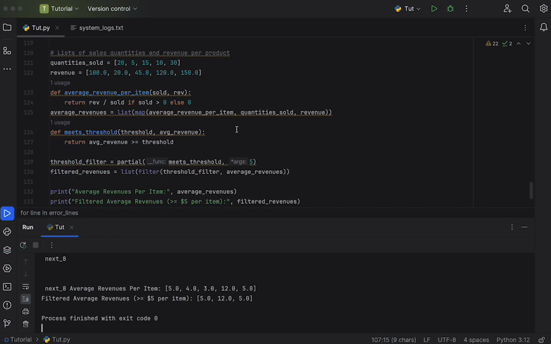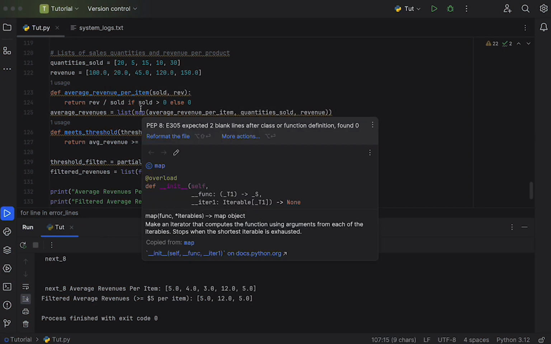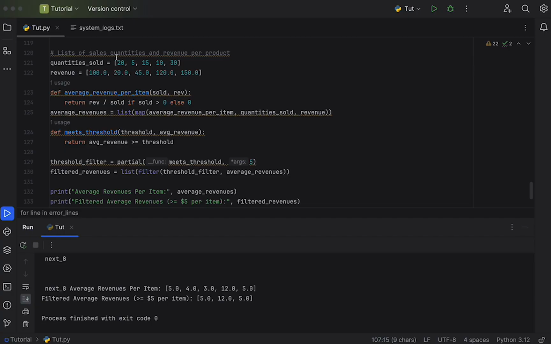And for the final point, we are dealing with different functions. So we have a list of sale quantities and revenue per product, and we want to see if they meet the threshold and that kind of stuff. We have the quantity sold and we have the revenue, each stored as separate lists. This function finds the average revenue per item using the amount that are sold and the revenue collected from each one of them. So if the sold is bigger than 0, so if whatever the thing we sold is greater than 0, which means we have sold something,